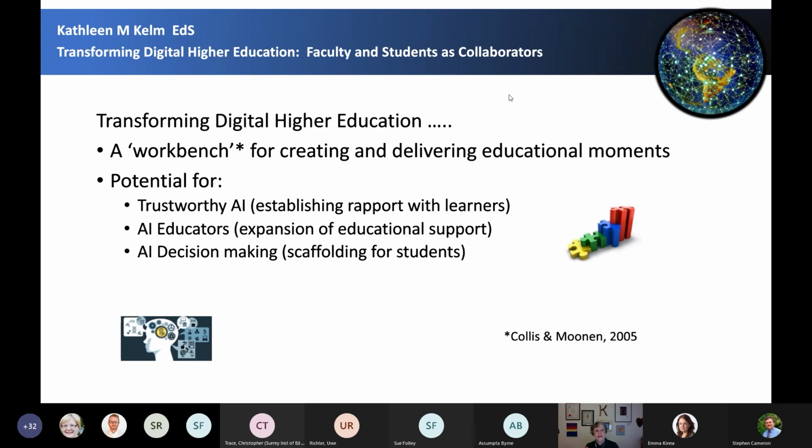I could not leave you today without giving you some things to think about. First of all, the notion of a workbench is a really nice one for me. It works well for me. But there are lots of ways in which we are still, if we're going to embrace more complex digital technologies beyond just delivery, we're really going to have to do some hard thinking about the ethical use of advanced technologies.